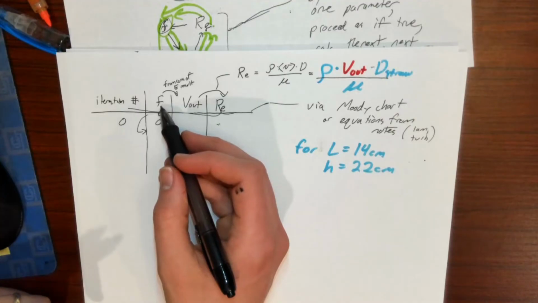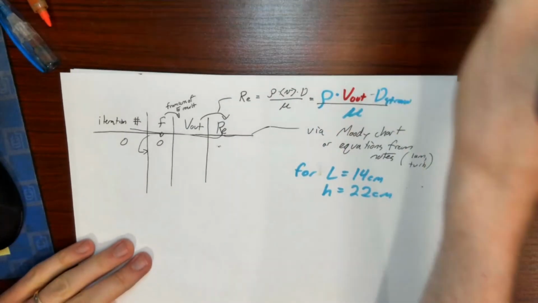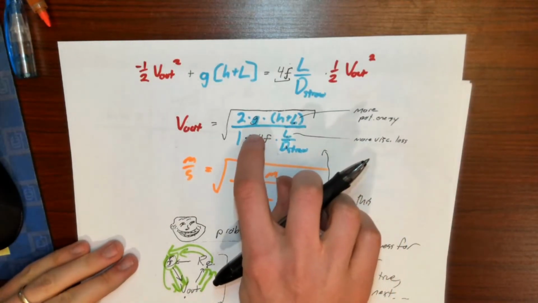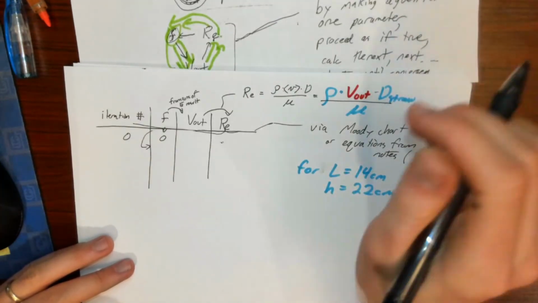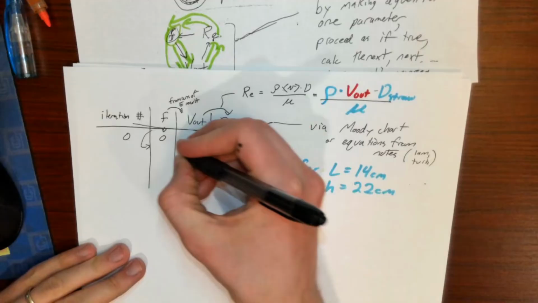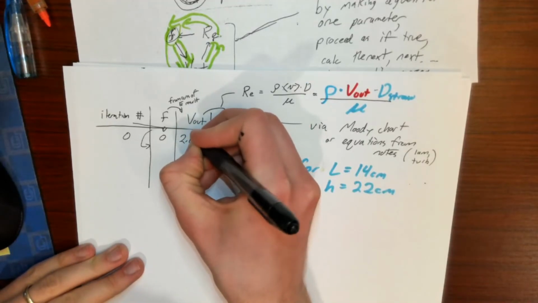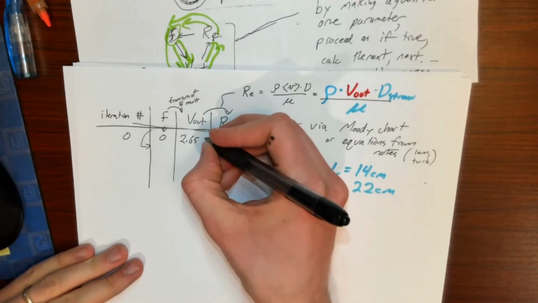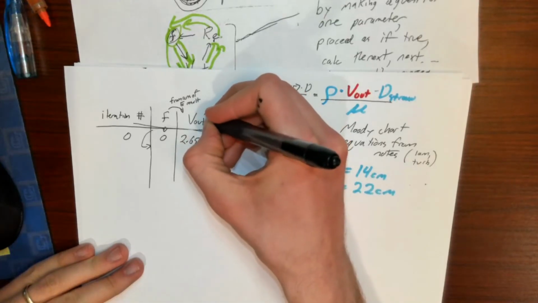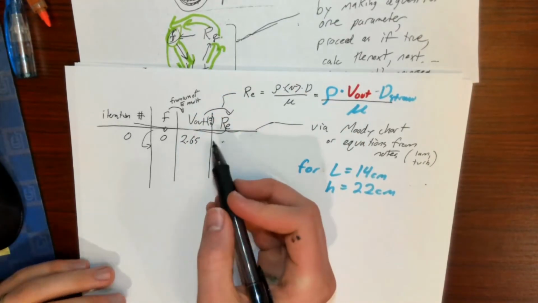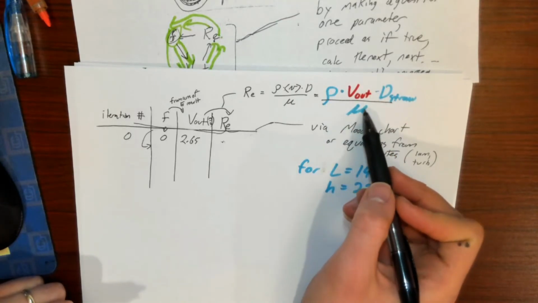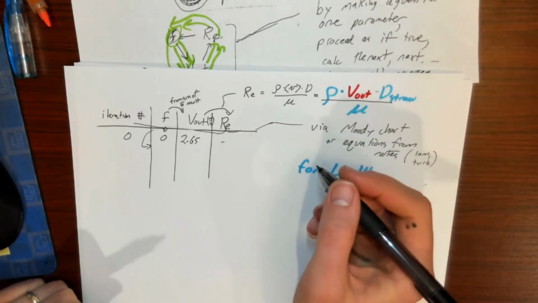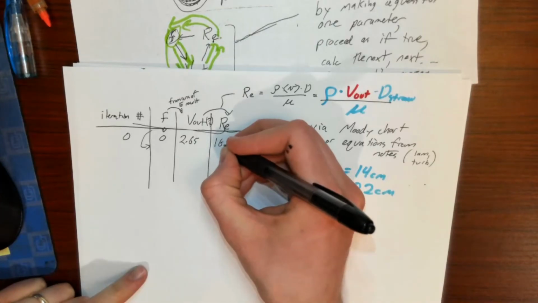If you take F equals 0, plug it into here, plug in your known constants, and calculate V out, you get 2.65 meters per second. So V out, I'm just going to put all of them in terms of meters per second. Then if you put this 2.65 meters per second right here, and the density, viscosity, and diameter of the straw, you get a Reynolds number of